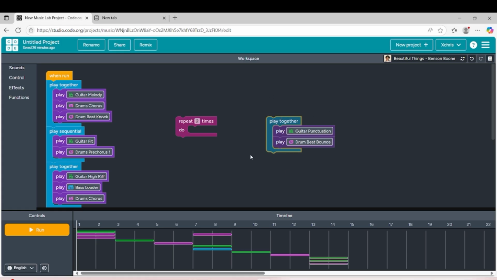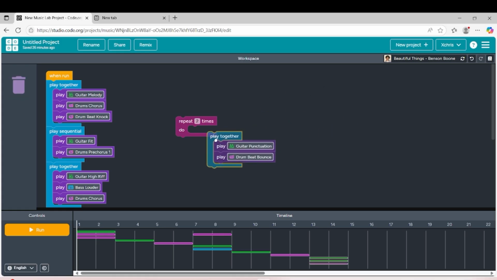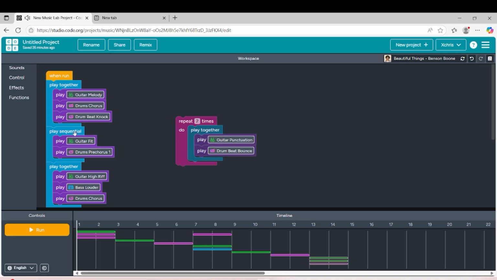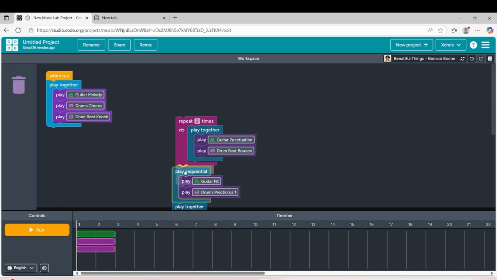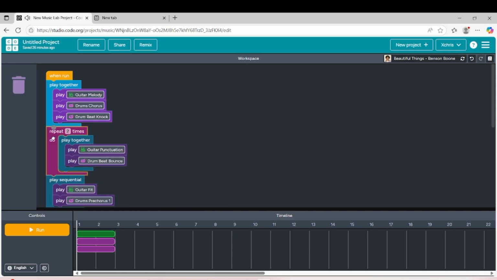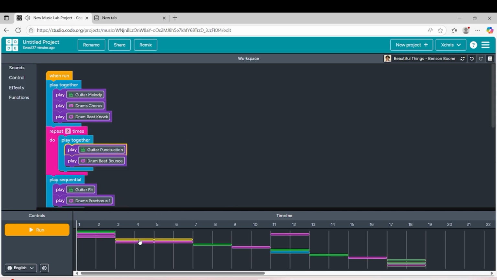we need to put them inside here. Now when I play this, as you can see, it played them together at the same time and 2 times.